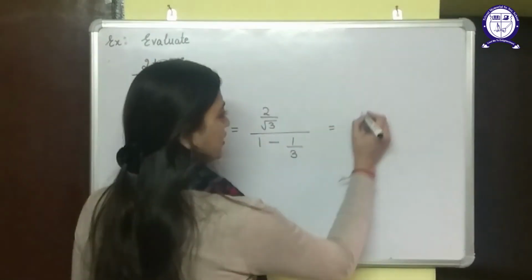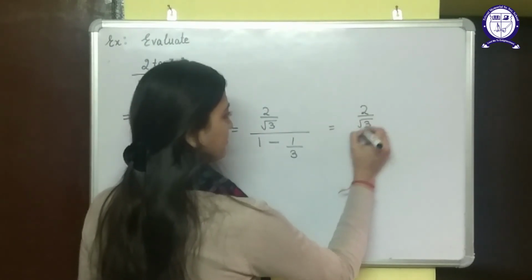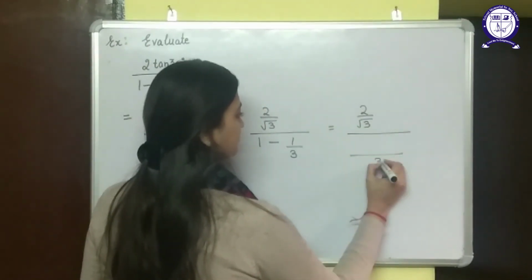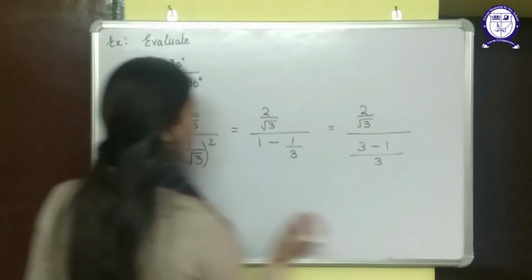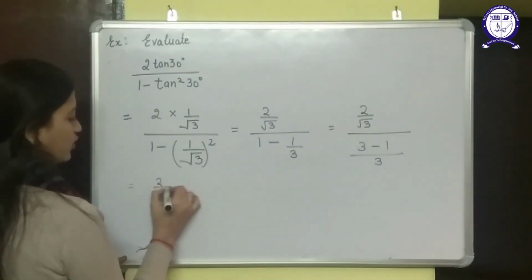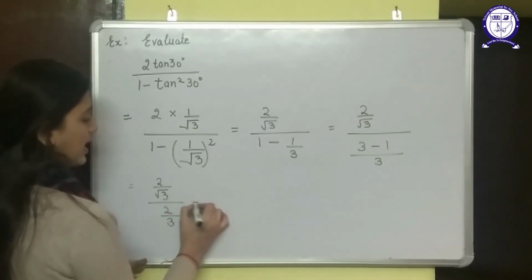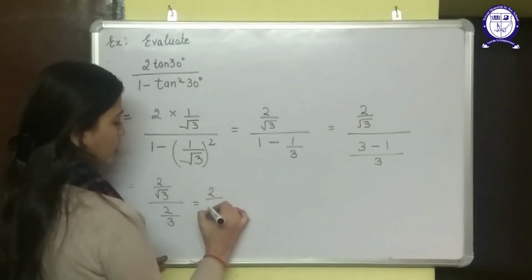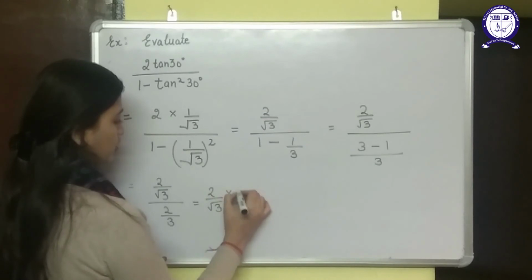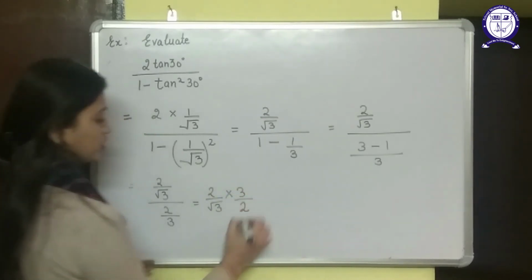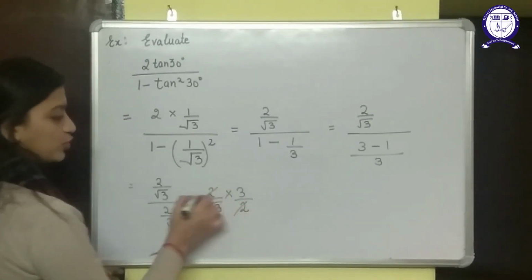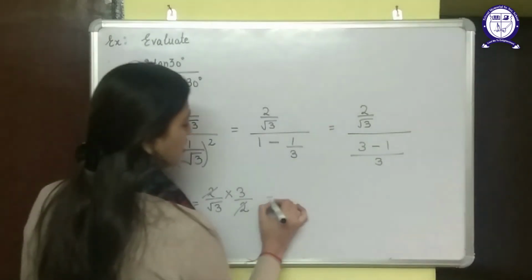Now in the denominator I can take LCM. 3 minus 1. So this is 2 upon root 3, 2 upon 3, and I can write it as 2 upon root 3 into 3 upon 2. So we can cut 2 and 2. So this is the